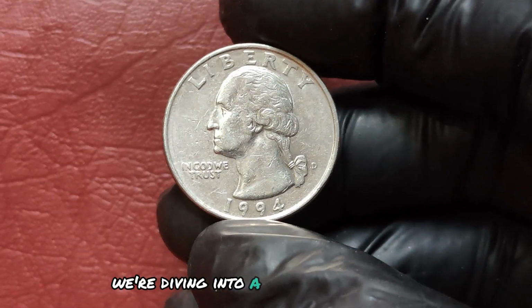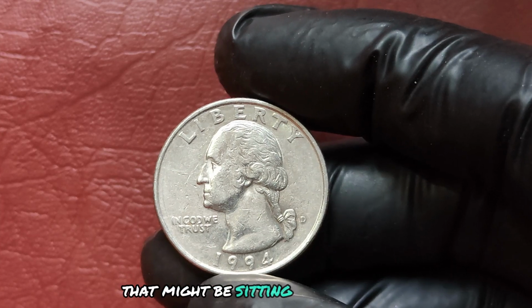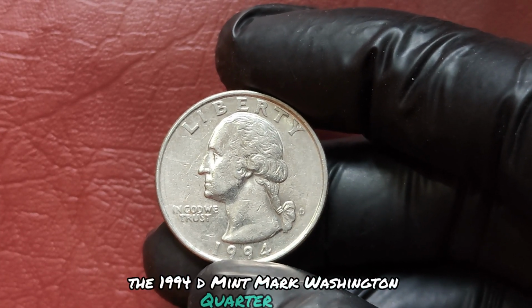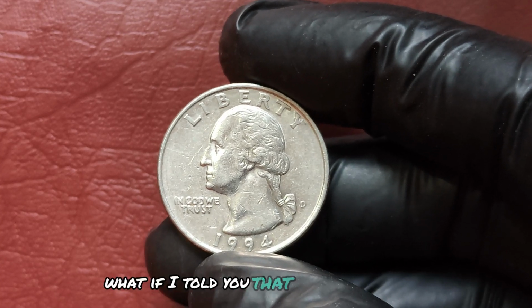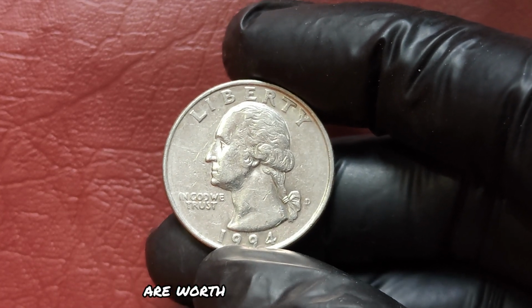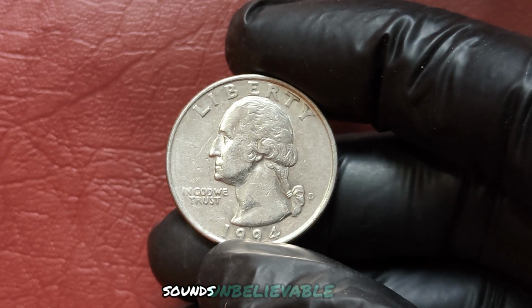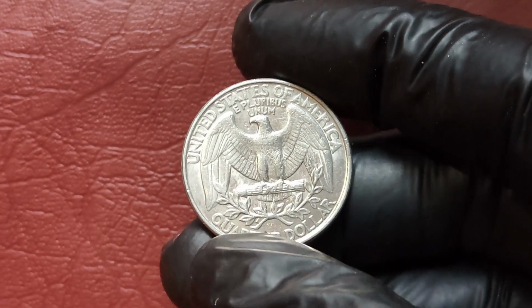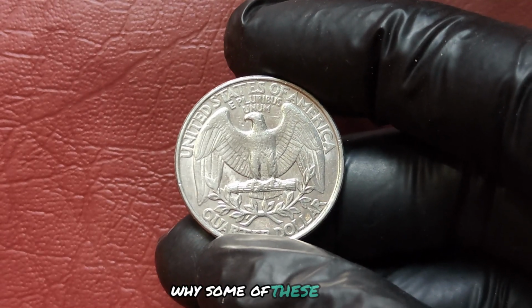We're diving into a seemingly ordinary coin that might be sitting in your pocket change right now, the 1994 D Mint Mark Washington quarter dollar. But what if I told you that certain versions of this coin are worth millions of dollars? Sounds unbelievable, right? Stick around as we unravel the history, unique features, and why some of these coins are so